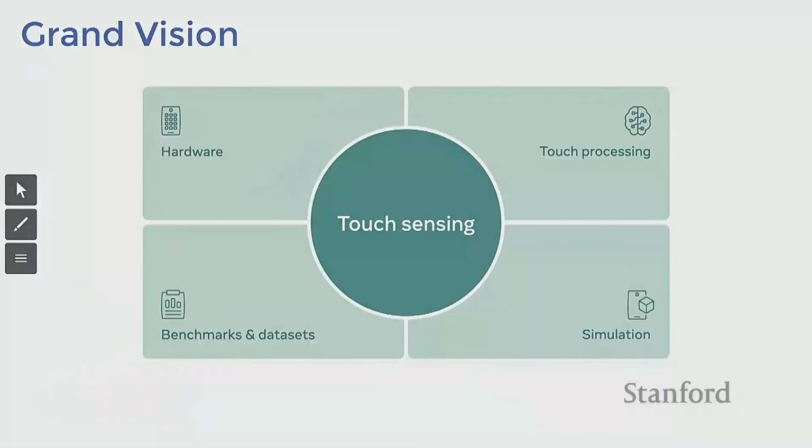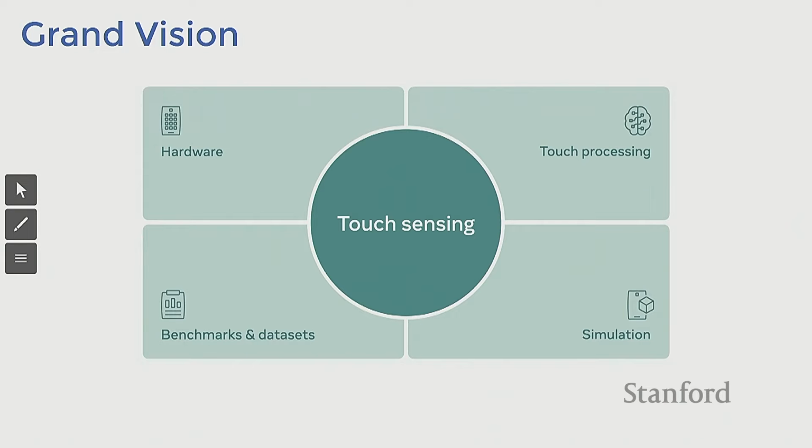So given that this is the way that I try to frame what we are really looking at with the research on tactile sensing, what are the important aspects that in practice we need to implement and execute on? The 4 pillars that we identified and that we typically like to think about for making touch sensing practical in the real world are hardware, the fact that we need to have good hardware which is reliable, which is cheap, which is able to sense the things that we care about. Once we have this, we need to be able to process this data. We need to be able to extract information. We need to be able to make sense of touch by processing.